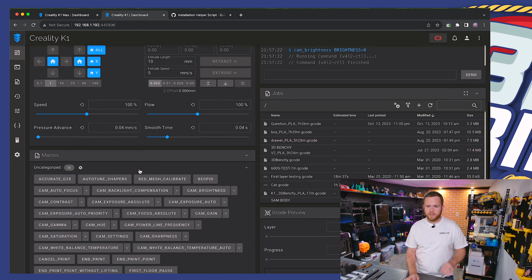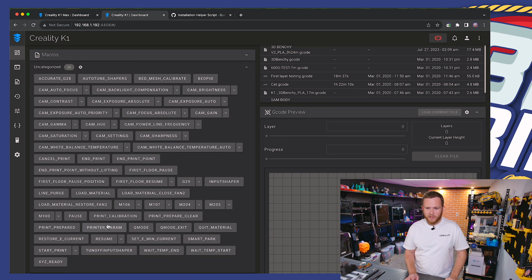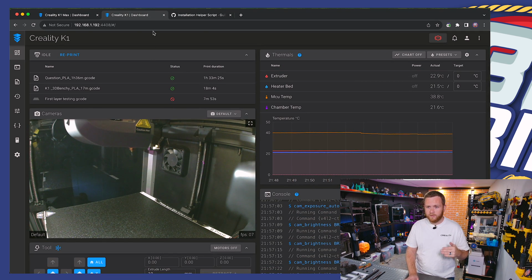So if you want just the camera section in here, you can do that. Makes it really easy, and I actually recommend doing that because you don't have to look through all of this. But that is actually not one of the more important things that I personally wanted this for. All right, so all of that is fun and everything, but there is actually one more glaring issue with